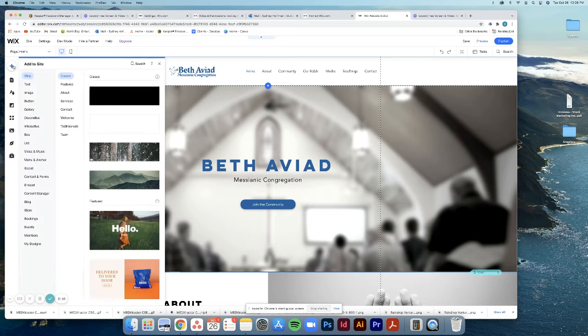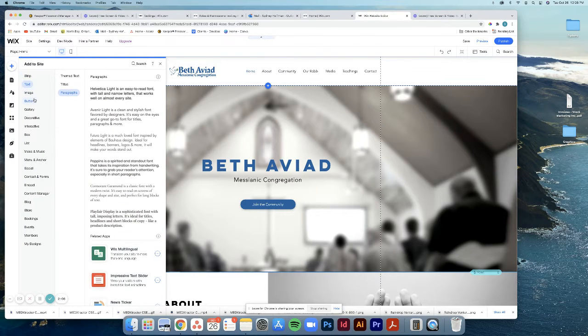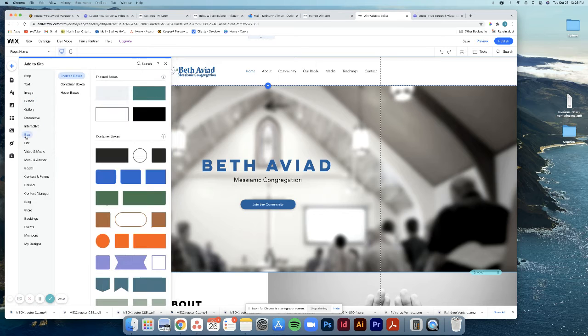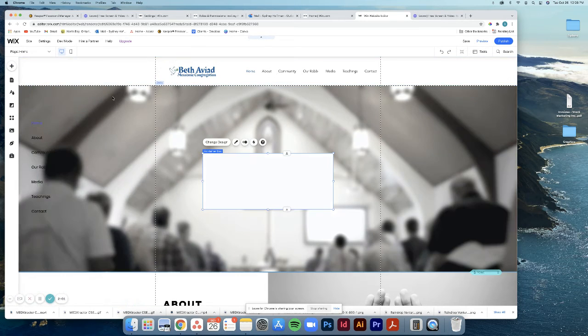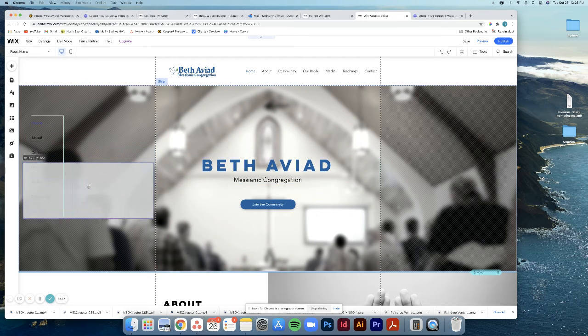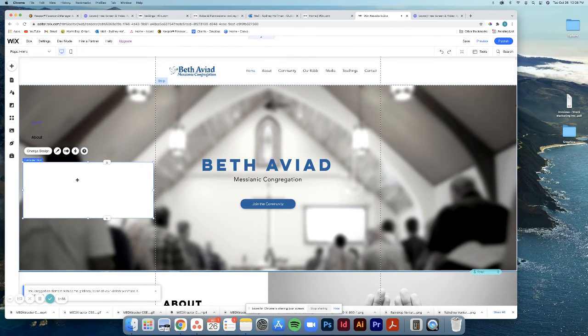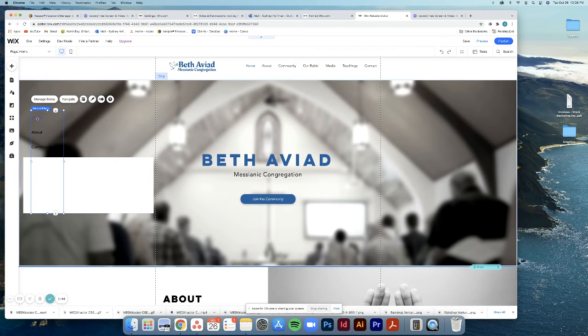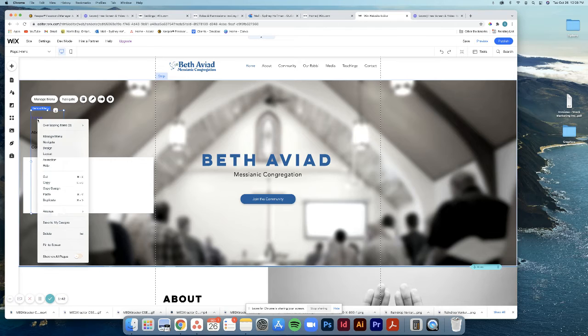I guess what you could do, if worst case you wanted to, is add a box. So for example, with a box, you can say a white one, drag it over. And this is another thing. See how the box is going over top of the text? Click on what you want. We want the text to go over top of the box. So since you want the text to go over, we'll click on the text, right click,